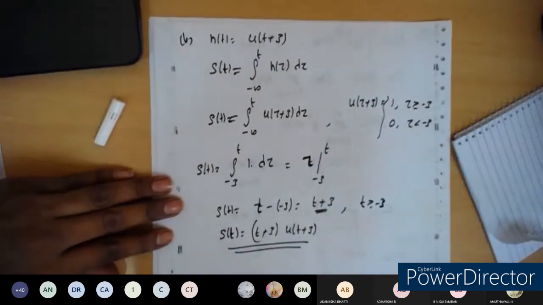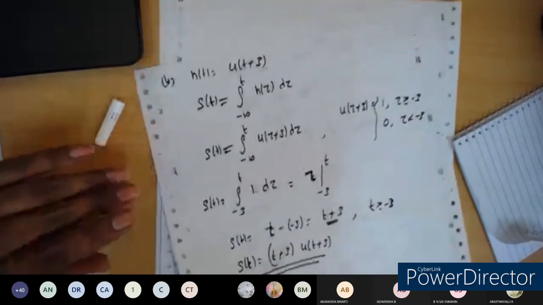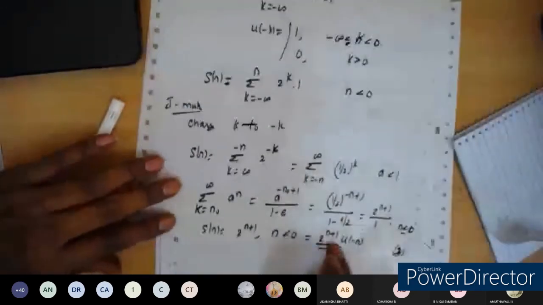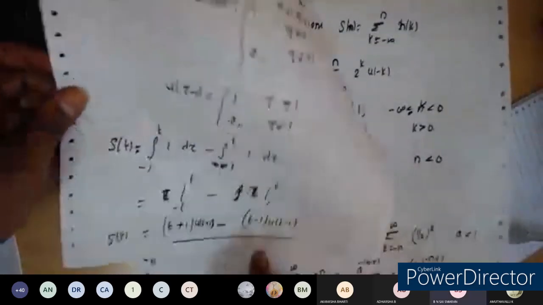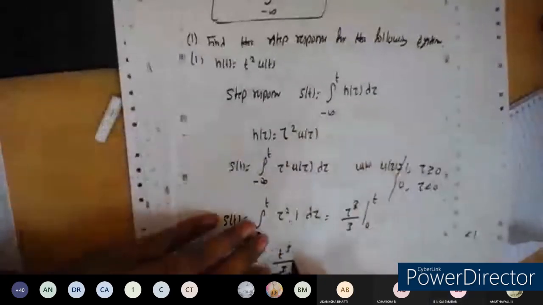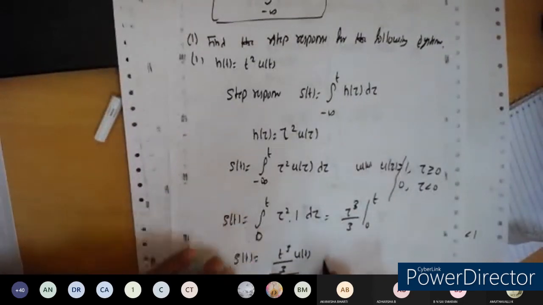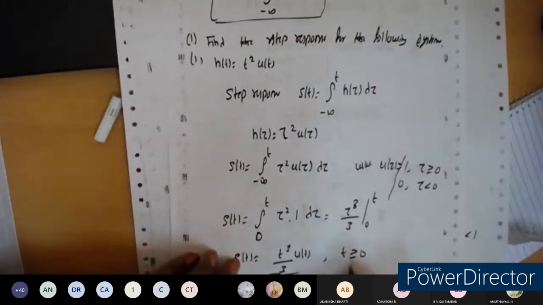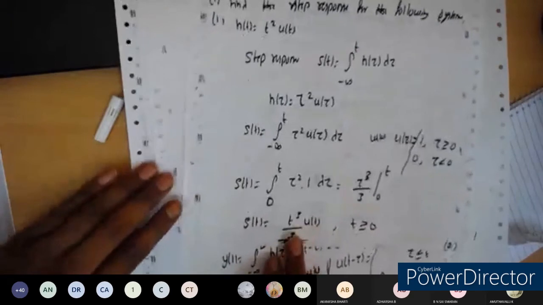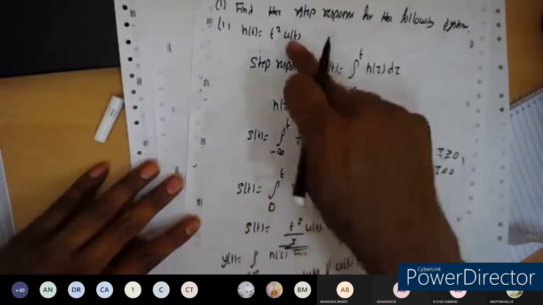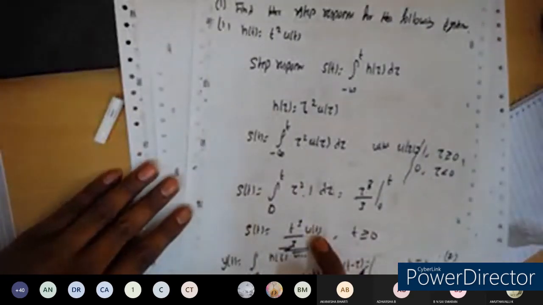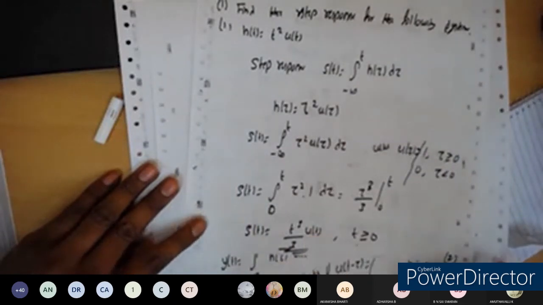Any doubts in this one? For the previous problems also you can add it here. For the second problem we have already added it. For the first problem you need to add it: this one is equal to u of t, that is for t greater than or equal to 0. I forgot to tell you. Whatever the condition is, we are going to retain that condition here. Done, right? So make the correction.